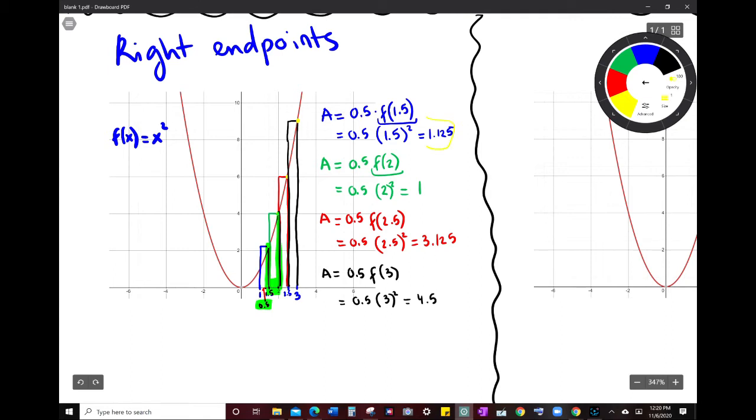So we add all of these up, and we get the total area under the curve